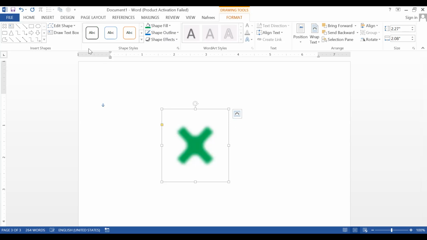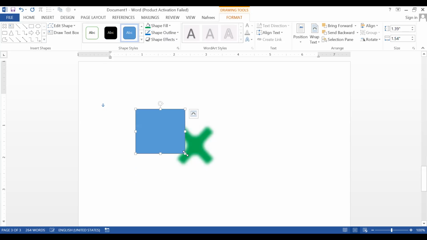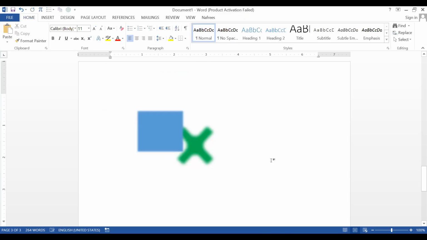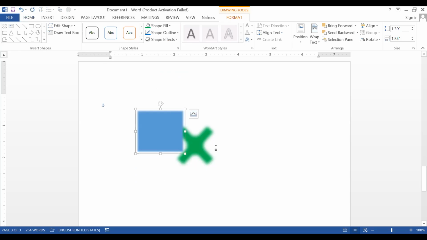Now I'm going to create another one. This is also a kind of shape. My target is to bring this green color shape in front of the blue color. Look here, the blue color is hiding some part of the green color area. Some part of the green is hiding behind the blue.